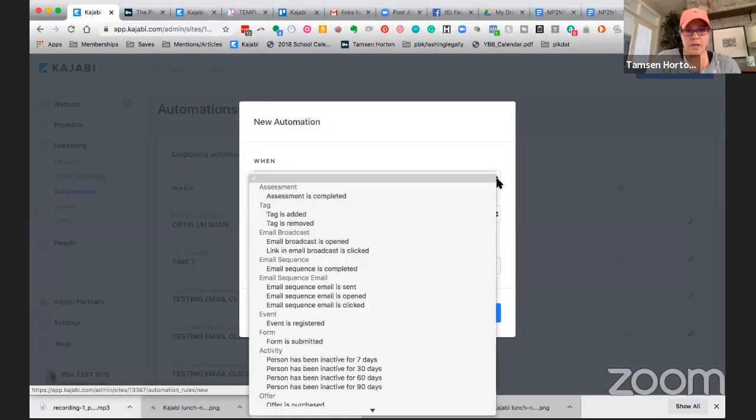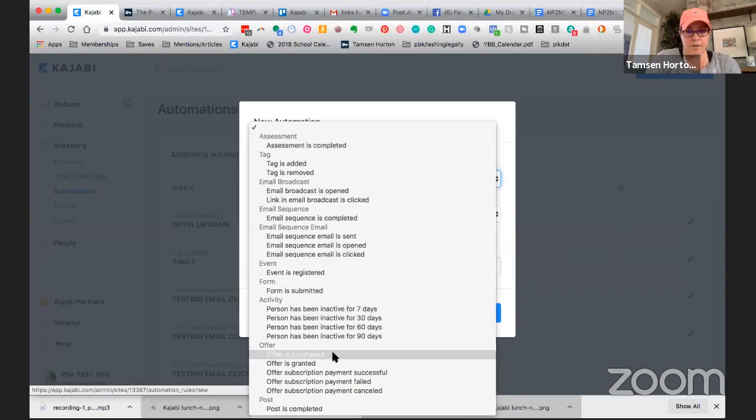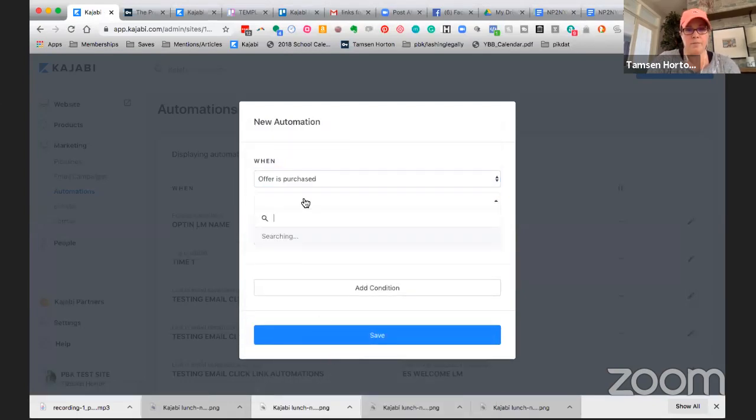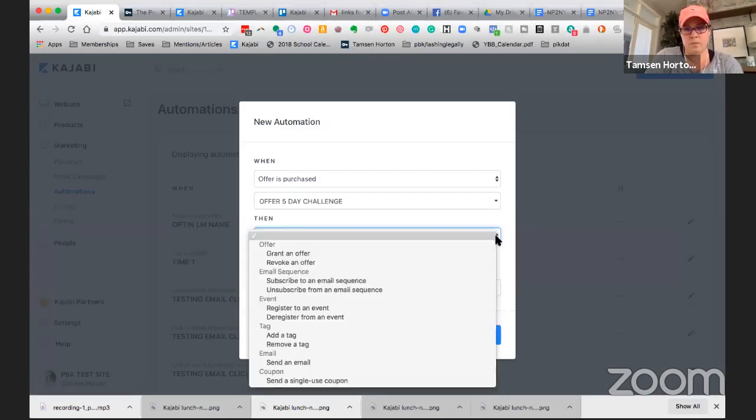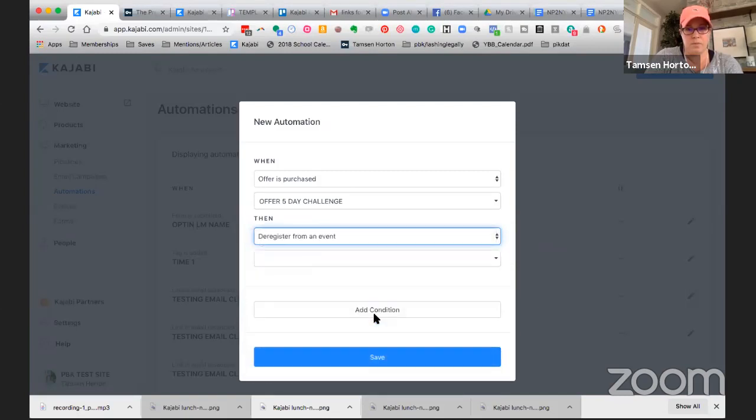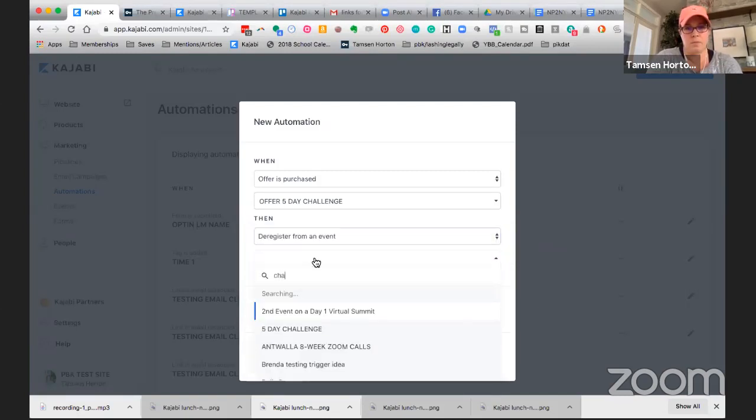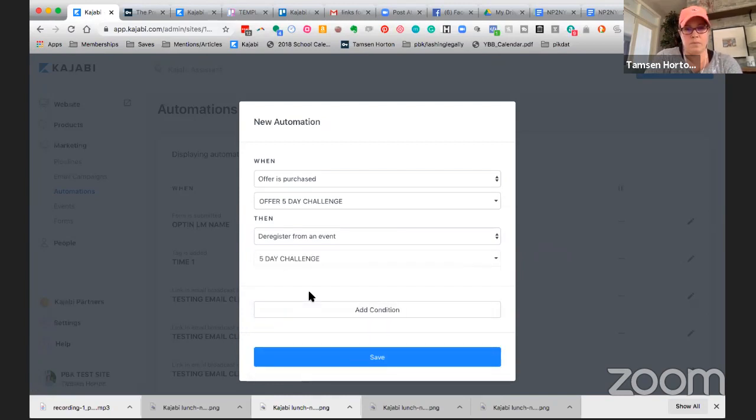We're going to say when offer is purchased, so our automation becomes when the offer is purchased, they purchased the offer that we were presenting as part of the 5-day challenge. We're going to take them off of the event.